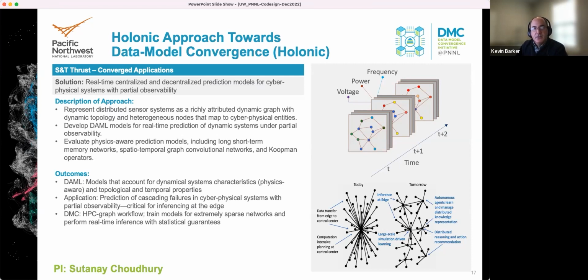So, if we need 50,000 GPUs in order to be able to provide a real-time prediction, then we probably are going to have problems doing that, since no power company has 50,000 GPU clusters on their premises. So